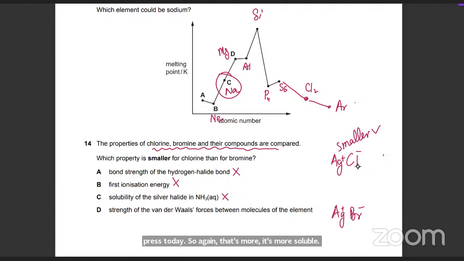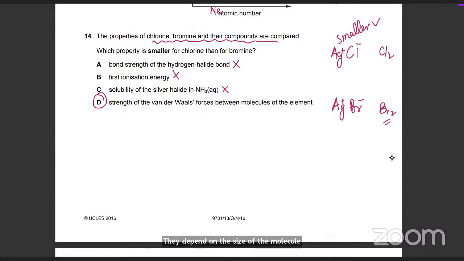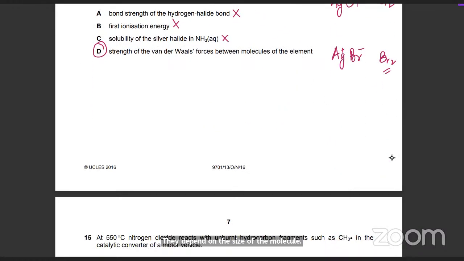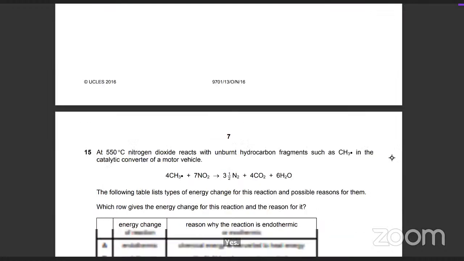Strength of van der Waals forces. What happens to van der Waals forces down the group? Increases because bigger molecules have higher van der Waals forces. Okay, bigger molecules have more van der Waals forces, so that is going to be smaller. So the answer will be D. Van der Waals forces depend on the size of the molecule. Okay, is this clear? Yes. Achha, next one is,